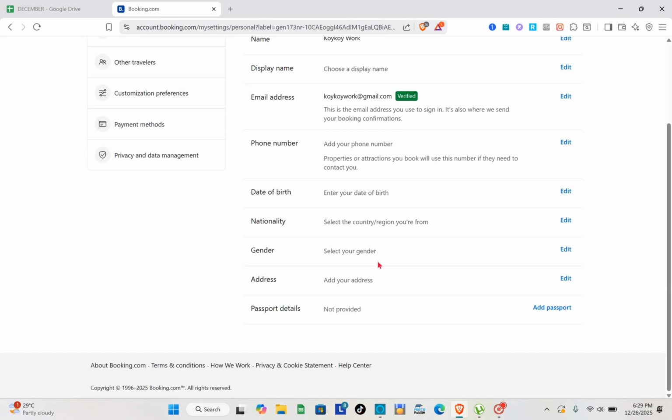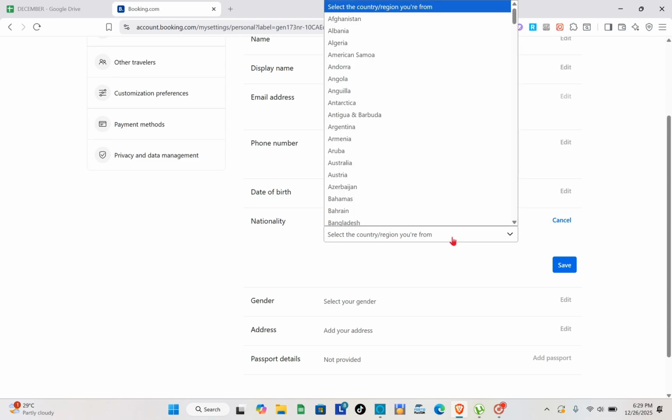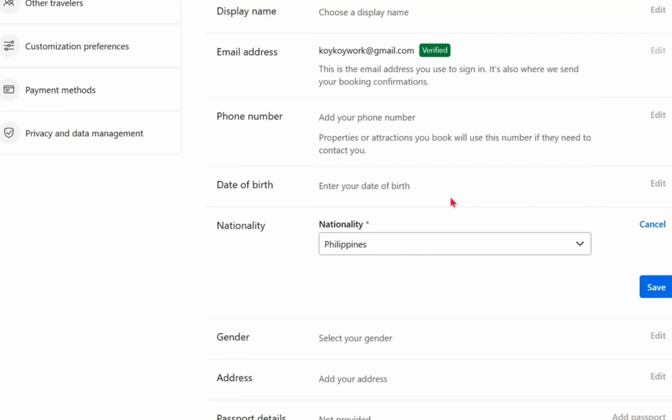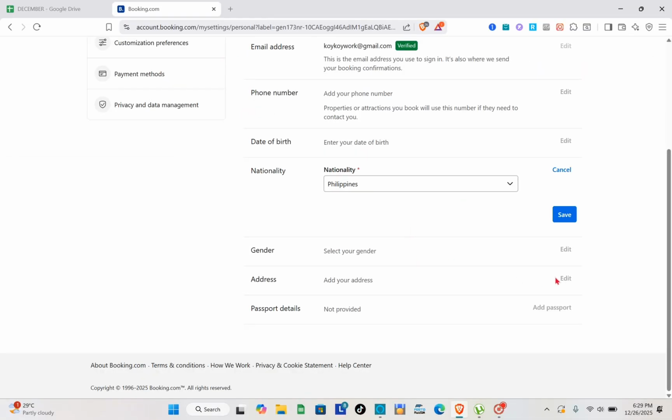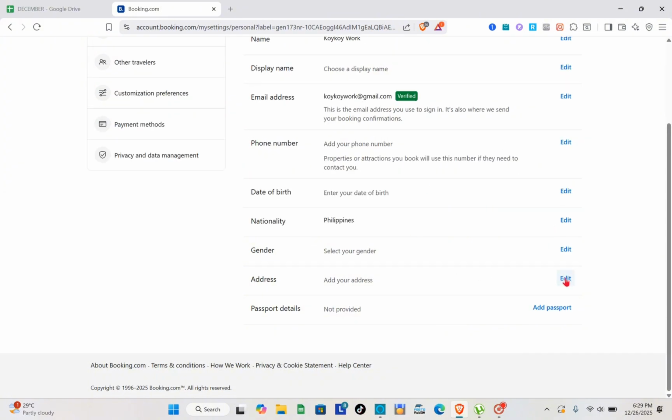And then here, we're just going to update our address, as well as our nationality. So let's start with our nationality. We are going to choose Philippines. That's right. And then for our address, you just have to save the first one and then edit or